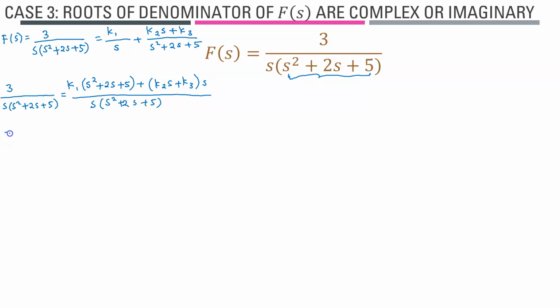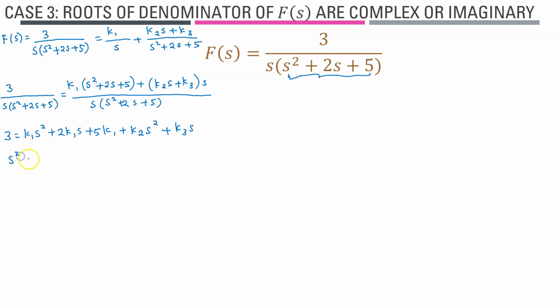Now we can write the numerator only. And this one you multiply inside. I get K1 s squared plus 2 K1 s plus 5 K1, plus K2 s squared plus K3 s. Plus 3